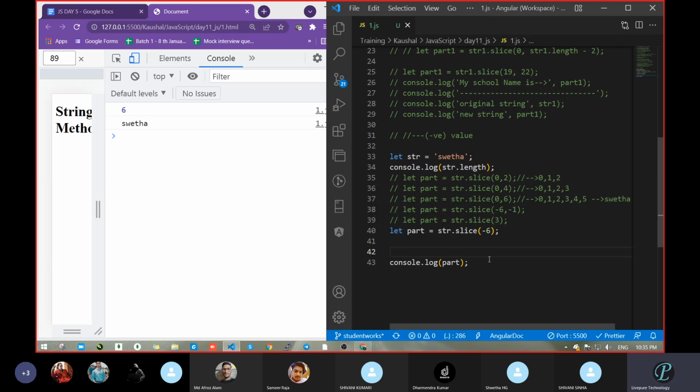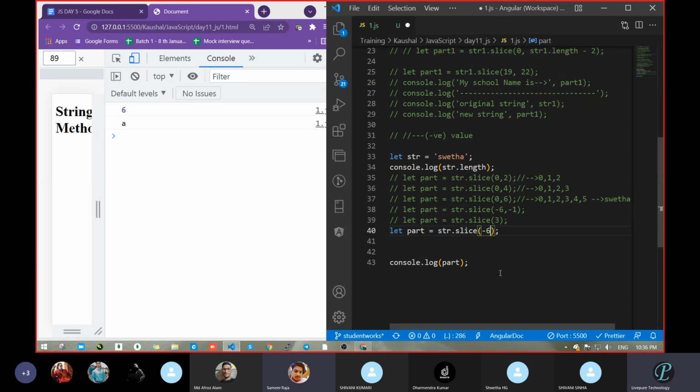Minus 6 in the sense the starting one. It is going in the reverse order. Minus 1 becomes the last, and 0 is the starting. Minus 6 becomes the starting one. Let's take minus 1. Now what will this be? Sir, the last one. So it will be A. Got it? Because it is starting from minus 6. Minus 6 is the last value, means last in the sense starting value. Means it's going negative in the sense reverse. It's counting in reverse.